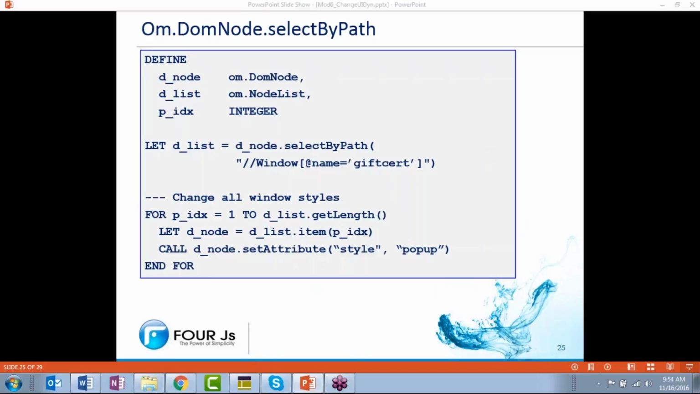So here's an example of this select by class. So here's our defined variables. We have an om.DomNode variable defined, an om.NodeList variable defined, and then an integer. And here we're using our pattern,